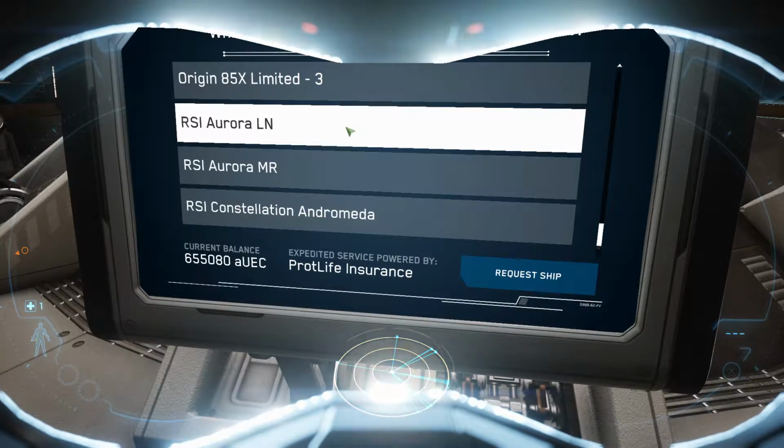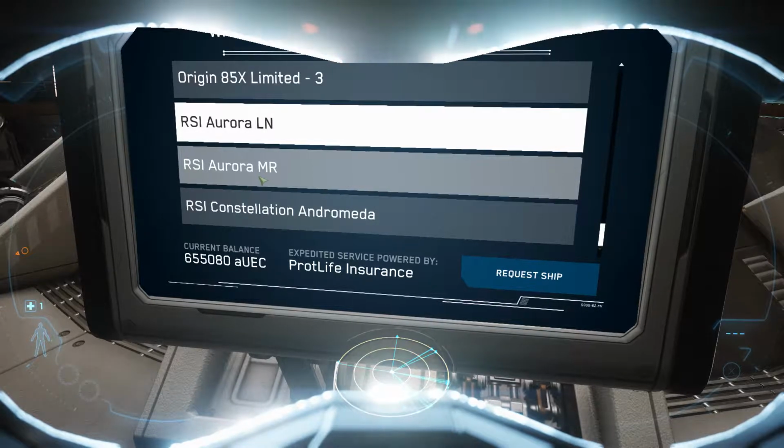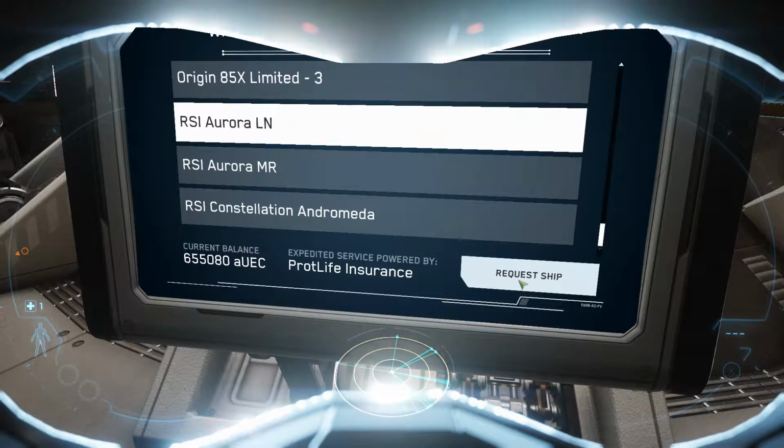What else is new? And today I thought I would do a little bit of a throwback to the very first ship. Well, basically the very first ship I have pledged for, and that is the Aurora LN. Now, I say technically because originally, when I started out in my naivete, I actually had the Aurora MR. Attempted to clear some comm relays and was basically absolutely pwned by the Ninetales